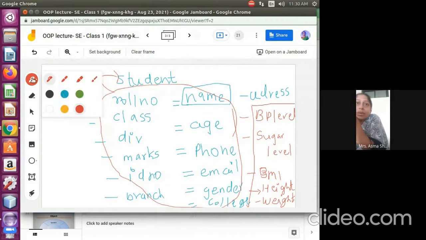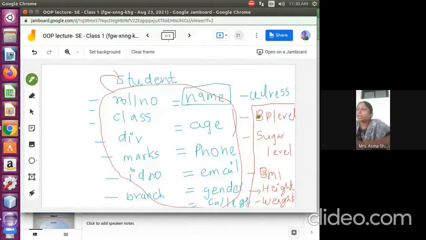So what happens is, multiple times students are not able to identify which attributes are very important. These attributes are not important as we consider the student who enrolls in a particular college. But these are very important attributes when they are going for a medical checkup. It is not needed now, but it is necessary for the medical checkup. Always remember, students, those attributes we have to include in our class.